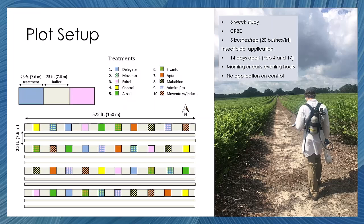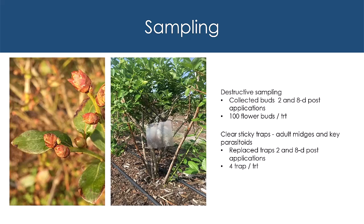beneficial arthropods. For sampling, we did 2 types of sampling. We did destructive sampling, which involves collecting flower buds. We did this 2 and 8 days post each spray treatment application, so that's 4 samples total that we collected. When we collected the buds, we collected 25 from each treatment plot, and that would lead to 100 total flower buds per treatment. We put these flower buds inside of an incubator and then counted how many larvae came